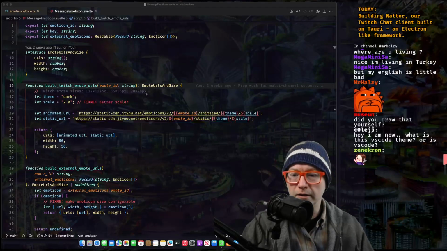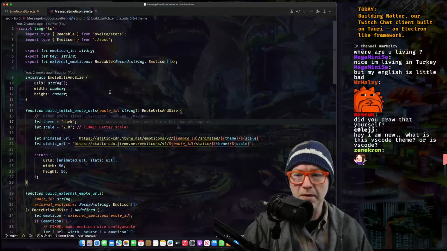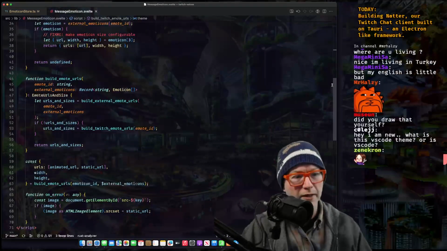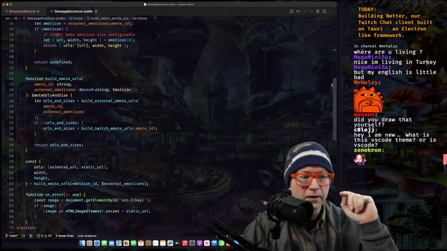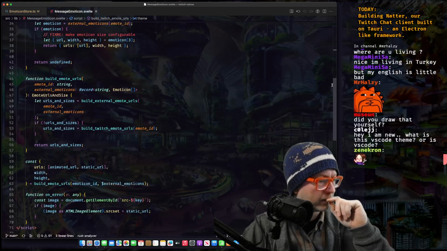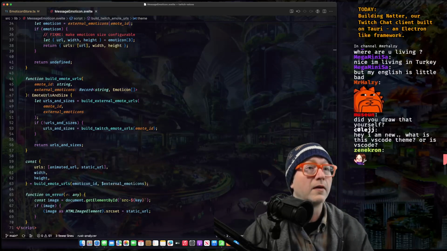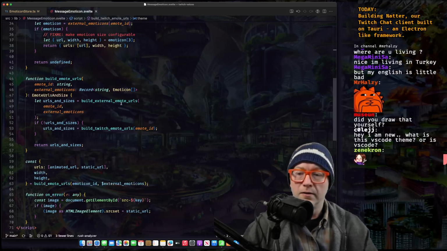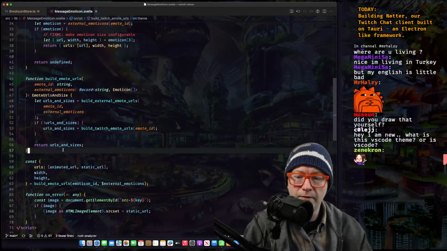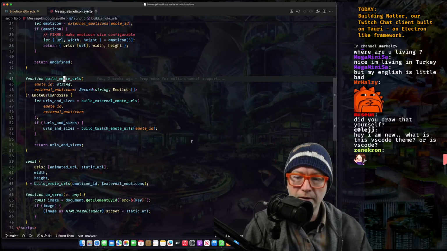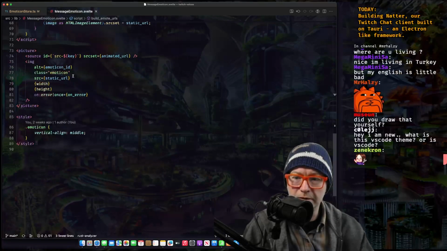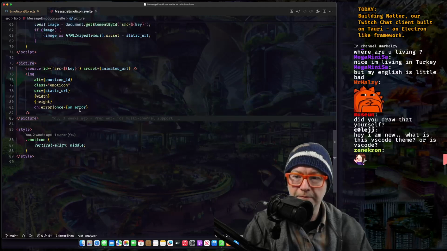All right, I think I can get back to it now. So in messages, right, when we go to display an emoticon like this little thing here, what happens here is we have this little picture thing, right?